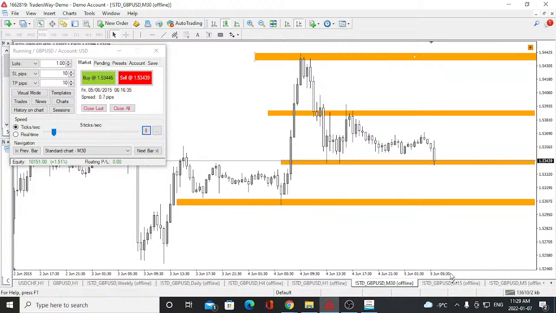So again, this will be all about locating levels of support and resistance. Some of the things that I like to keep in mind is kind of